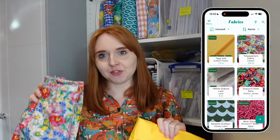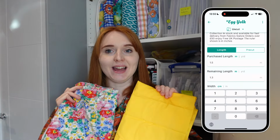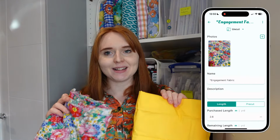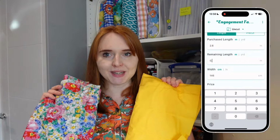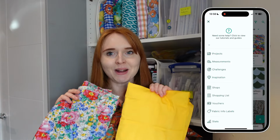So they're gonna go from like 2.5 meters to 55 centimeters. So that's gonna reduce my stash by a little bit. I'm gonna keep these because I think they could be really handy for future Project Dresser Girl projects. I think I could probably get a dress out of this and maybe do some pockets in this. I could even use them together. So I'm gonna keep these ones, but now my Stash Hub is updated and that has reduced my total by